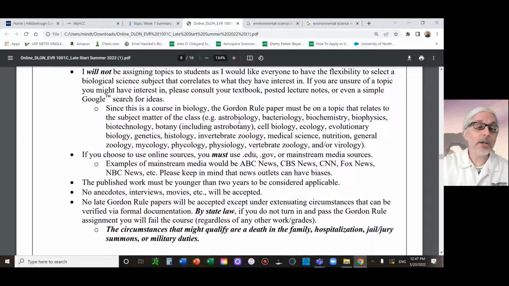But I don't care what area it is. So I gave you some choices: astrobiology, bacteriology, biochemistry, biophysics, biotech, botany, cell bio, ecology, evolutionary biology, genetics, histology, invert zoo, medical science, nutrition, general zoo, mycology, phycology, physiology, vert zoo, virology. There are a lot of areas of biology. I don't care what you choose, as long as it